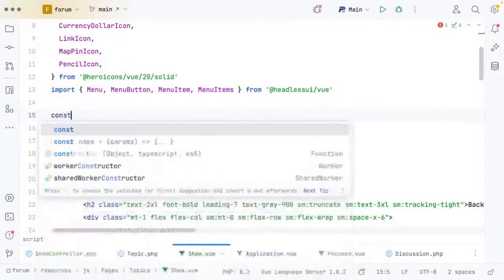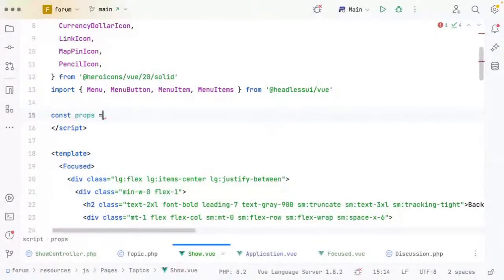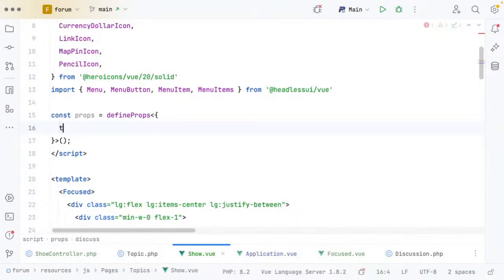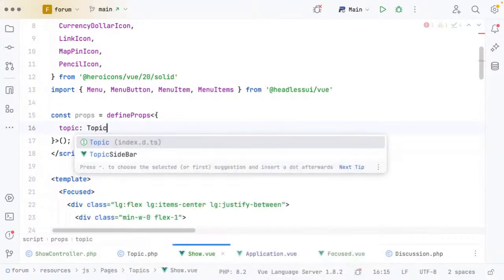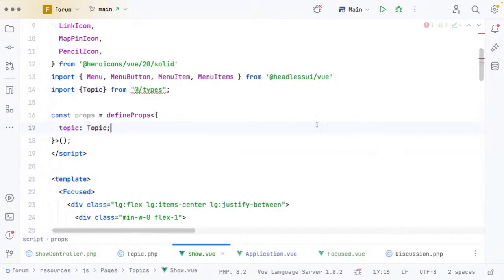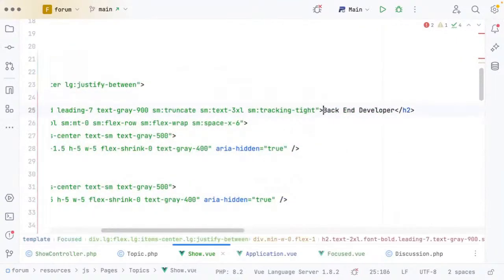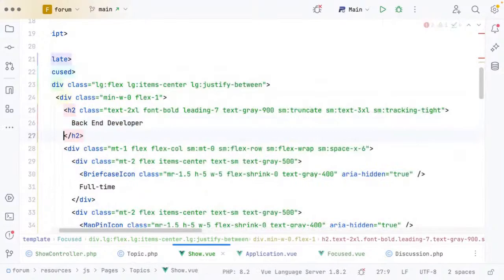So const props equals defineProps. We're going to pass through a topic, which is a topic, which will allow us to backend developer there. We can just replace this with